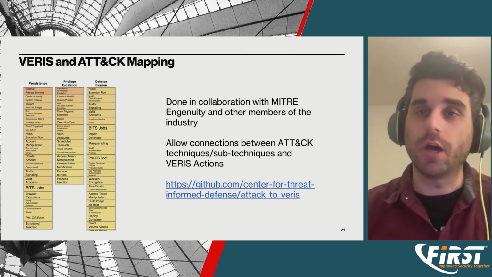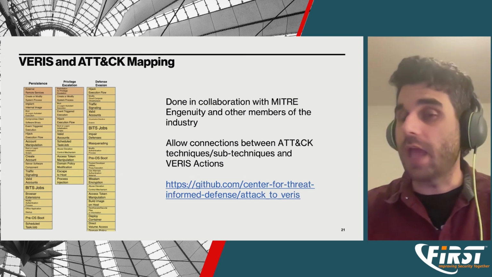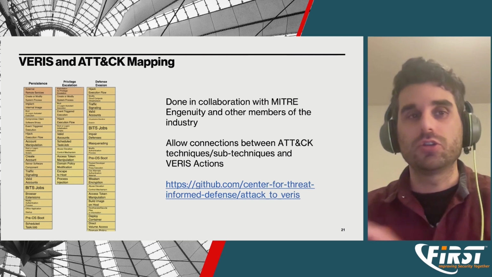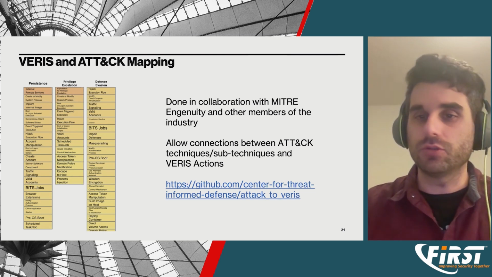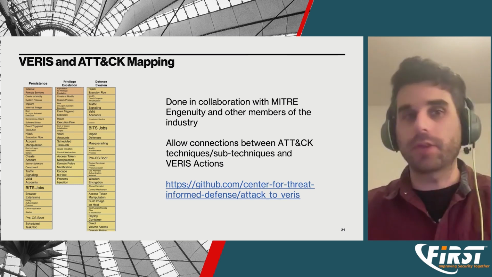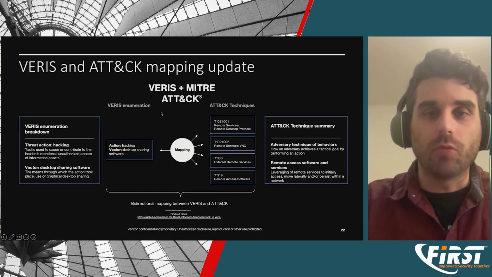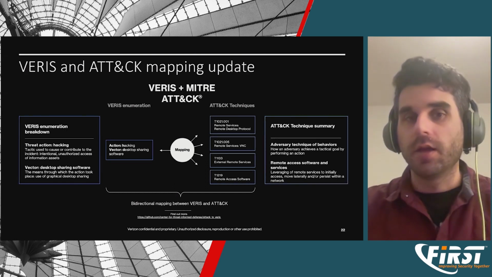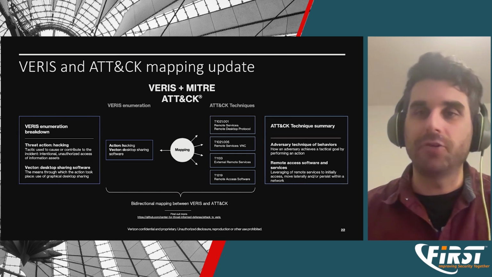Basically, we've tried to tie the different actions, and also the attributes or fields that make sense within VERIS, to ATT&CK. These allow you to go up and group things together, or group things separately. So this is what it ultimately looks like. We have the enumerations and then the mapping that ties into it. And it's also a bidirectional mapping.